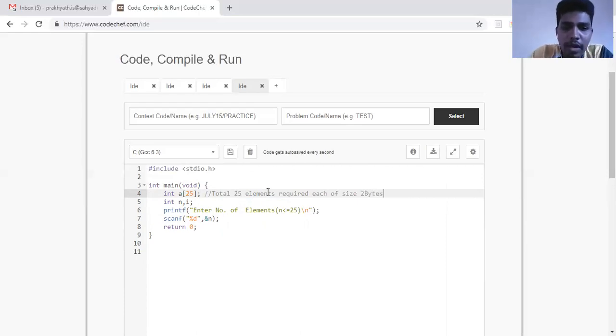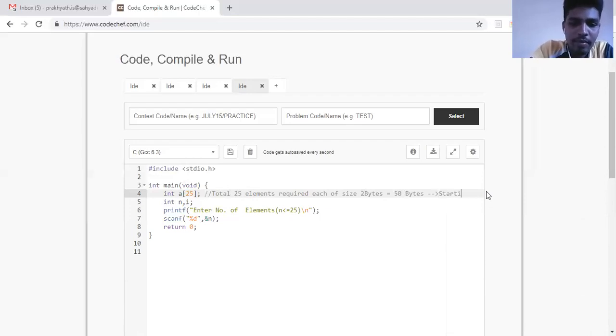So what my computer does, it gives me a room in the name of A where the size of the room is 50 bytes. Why 50 bytes? I want 25 elements of 2 bytes each. So 25 into 2 is 50. So total it is 50 bytes, and the starting address is stored in A. Clear? Okay.